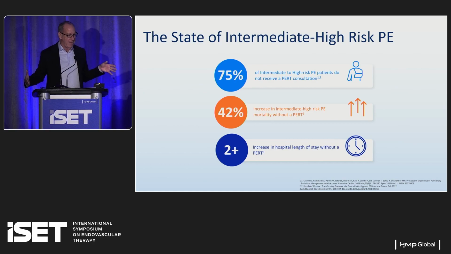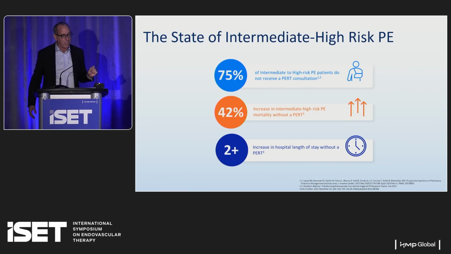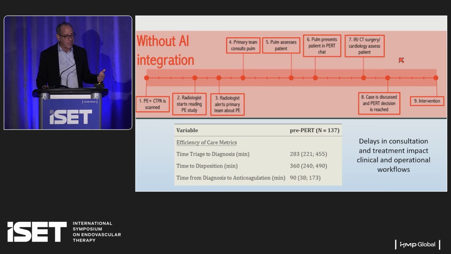This is an unmet need. The majority of clinical sites across the United States don't have a pulmonary embolism response team. These patients are, in my opinion, underdiagnosed, undertreated. Escalation is happening rarely. But we've seen at least evidence that there's a dramatic reduction of length of stay with the introduction of the PERT, and certainly with this rapid AI triage mechanism.